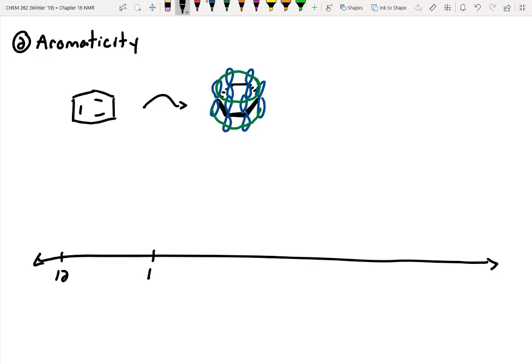Somebody's hiccuping because they're so nervous about this. I don't know if hiccuping is the right verb for that, though. All right. Anyways,